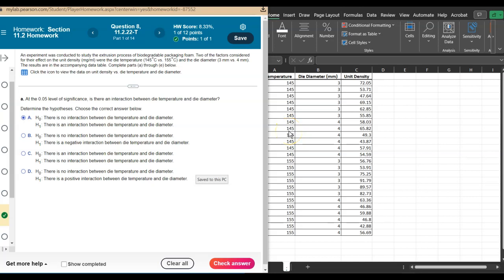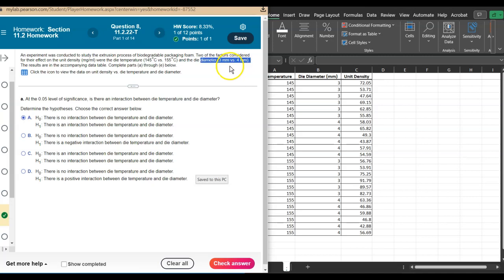Hey everyone, so this is section 11.2, two-way ANOVA, question number 8. We are conducting an experiment to study the extrusion process of a biodegradable packaging foam. Two factors are considered here: the temperatures, which are 145 and 155, versus the diameter, which is 3